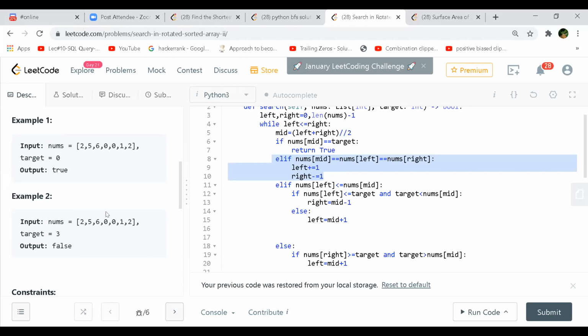Yeah, not even this one. So I'm just trying to remember what could be the trick here. See, although the previous approach should work the same, the only thing is